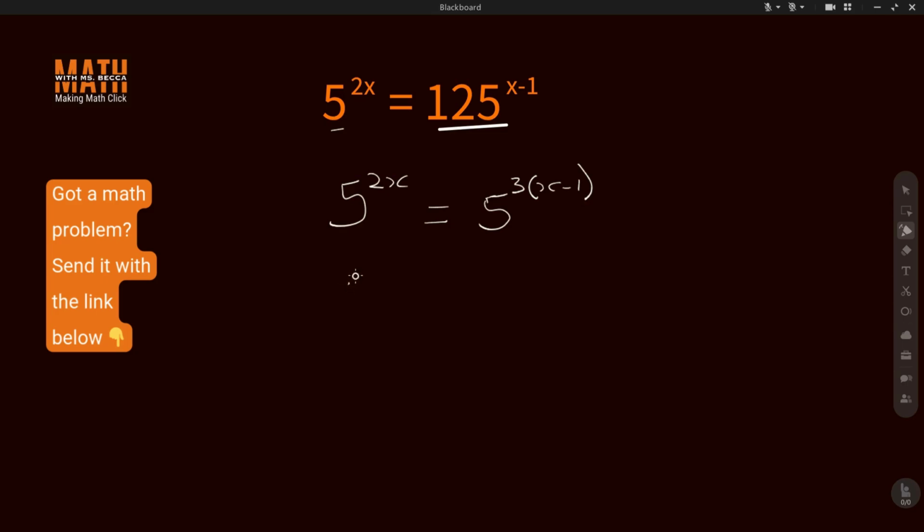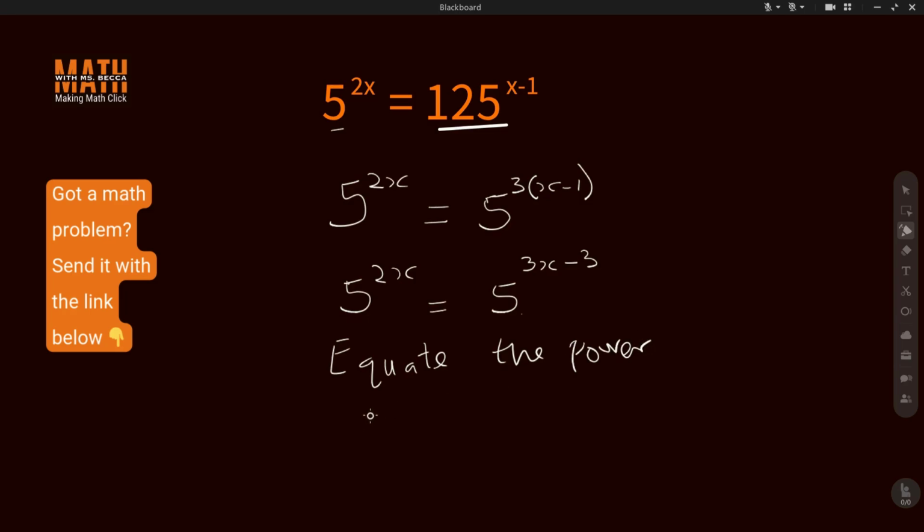So now we have 5 power 2x equal to 5 power 3 times x, which is 3x, and 3 times -1 is -3. Now that we have the same base, we can equate the power. We can only equate the power if the bases are the same. So now that we've made the base the same, we can equate the power such that 2x will be equal